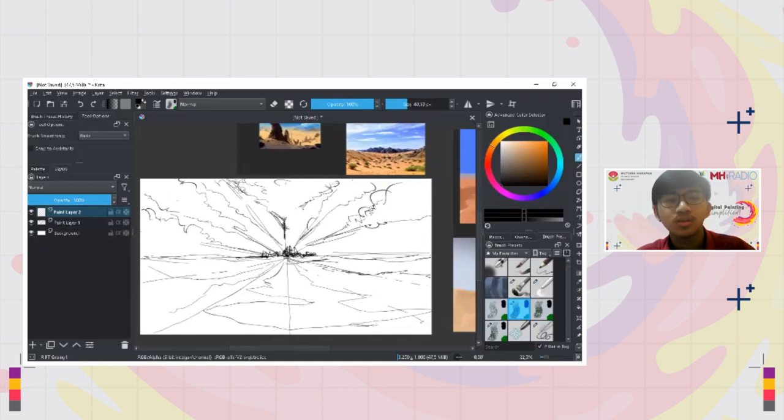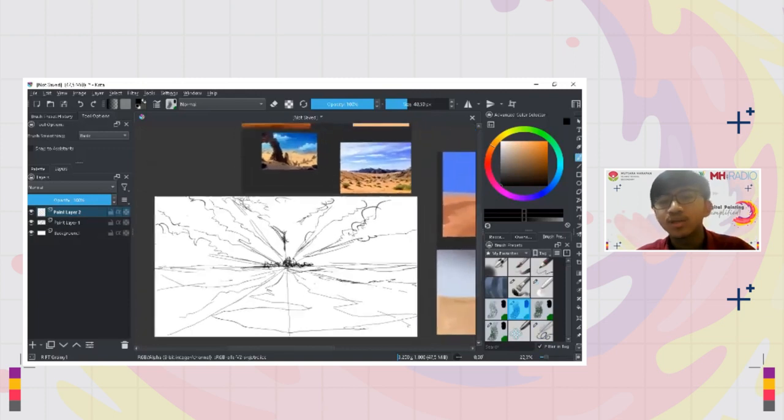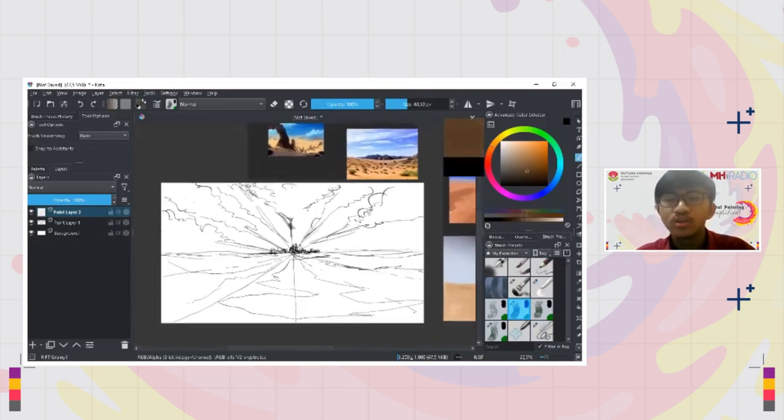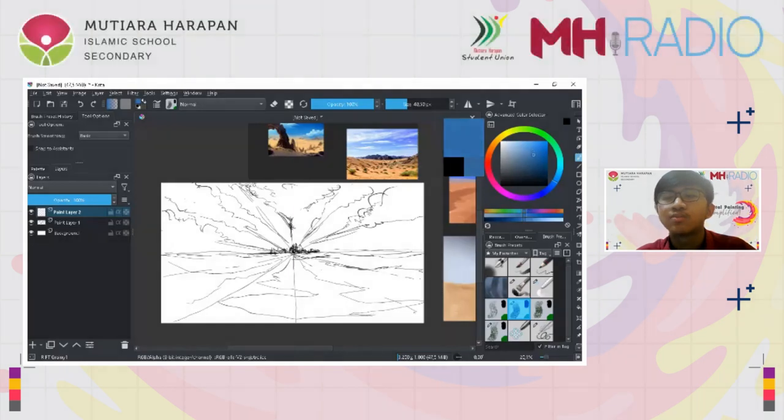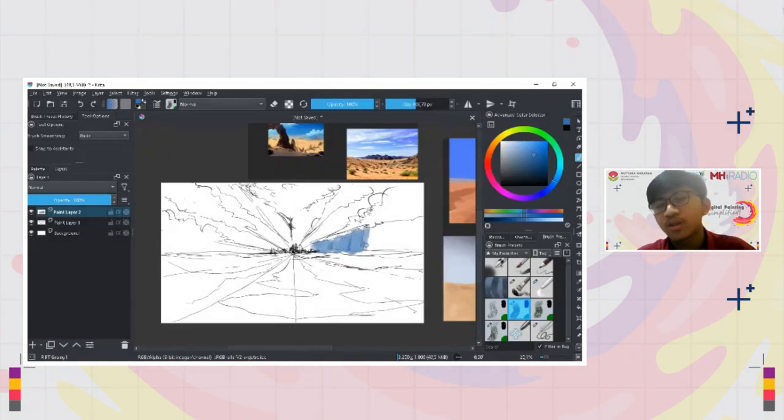Okay, we're going to use the colors that we have already studied before on the reference image. Let's start with the sky first. I remember it is around this part, this area of the blue. This, I think, is around this part. Okay. And just paint these flat colors on the canvas just to block in